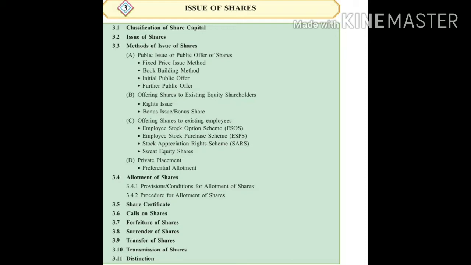C. Offering shares to existing employees: Employee Stock Option Scheme, ESOS, Employee Stock Purchase Scheme, ESPS, and Stock Appreciation Rights Scheme, SARS. Sweat equity shares. And last, D. Private placement